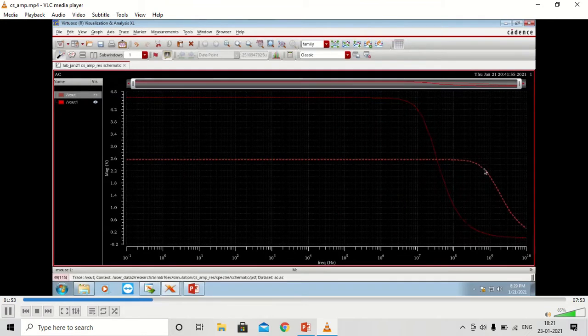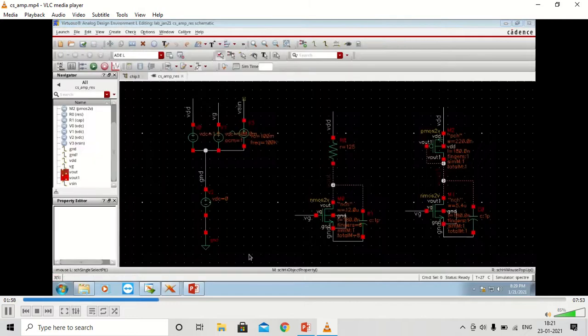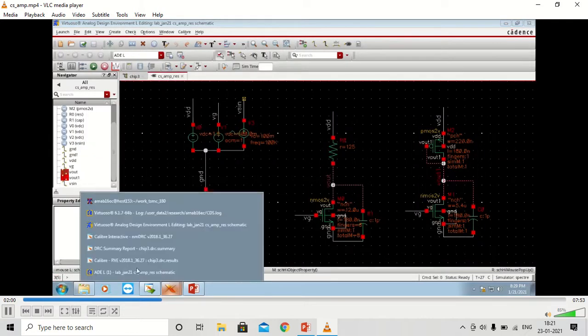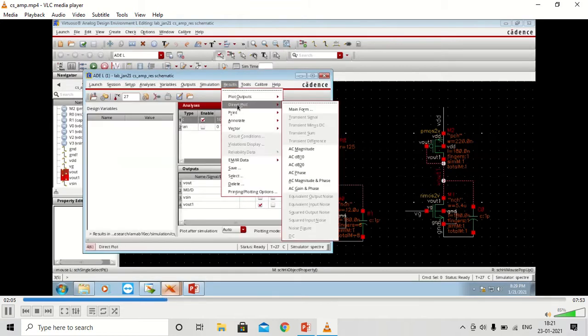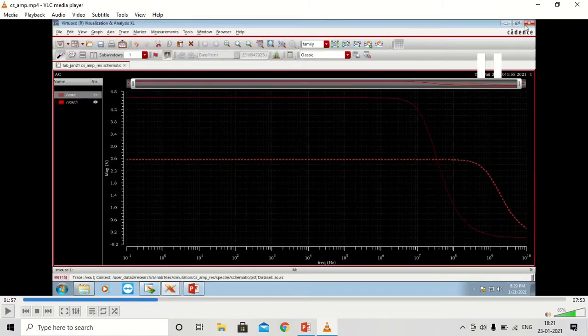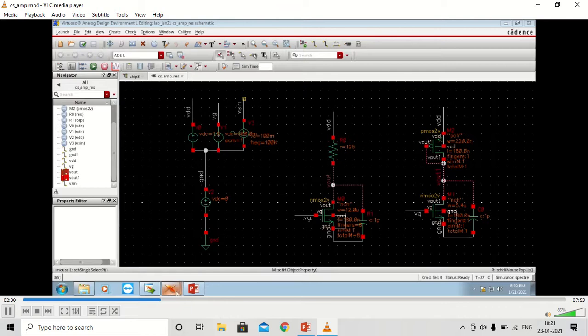We have taken a 1 volt AC signal and we are getting for resistive load 2.5 volts, close to 2.6, and for the diode connected load we are getting in excess of 4 volts, about 4.2 volts. So for a single stage CS amplifier using resistive load, it is very difficult to get higher gains. In any case, for a single stage CS amplifier, the maximum you are going to get is around 20 dB gain using proper biasing.